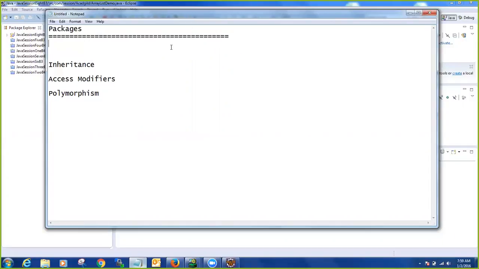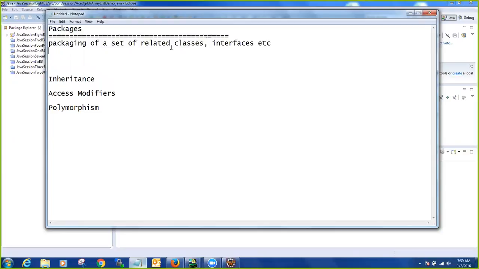Exactly. So packages are nothing but a set of, or packaging of, a set of related classes, interfaces, and etc. Okay. Now there are many other uses of having packages. For example,